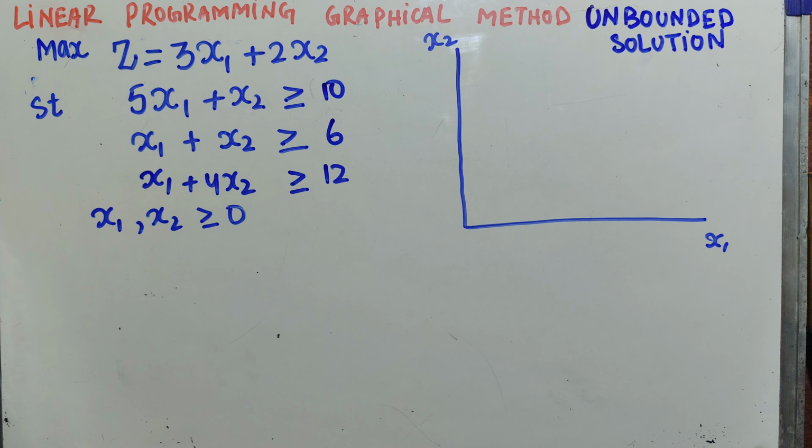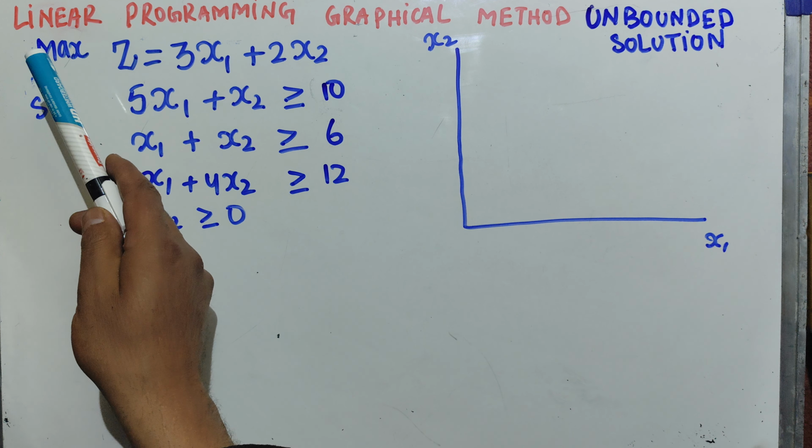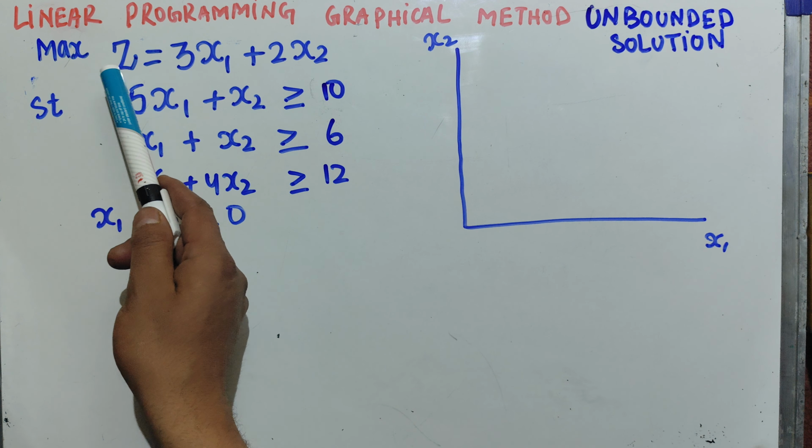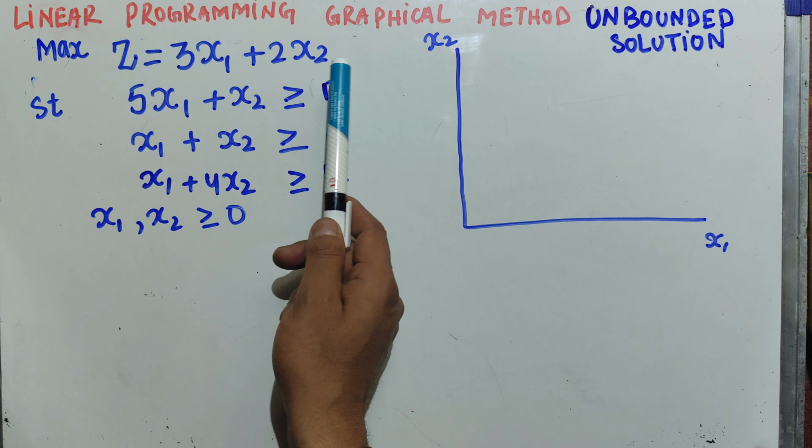In this video, we will solve the linear programming problem using the graphical method. We will take the case of an unbounded solution. So the question is, we want to maximize the objective function z is equal to 3x1 plus 2x2, and we